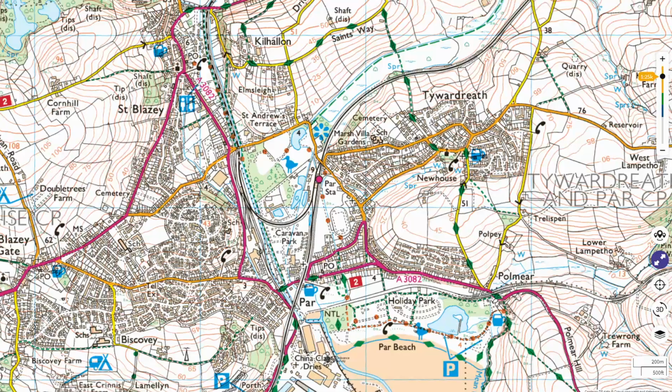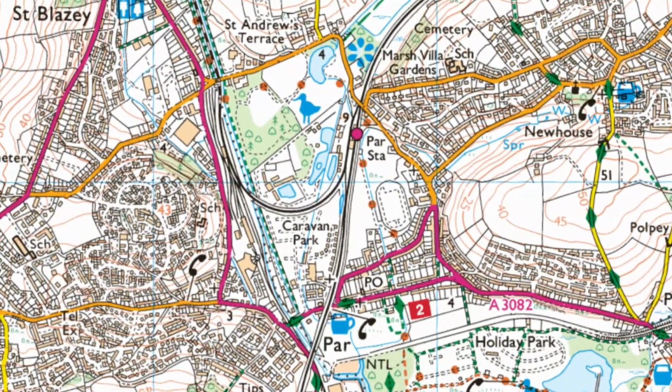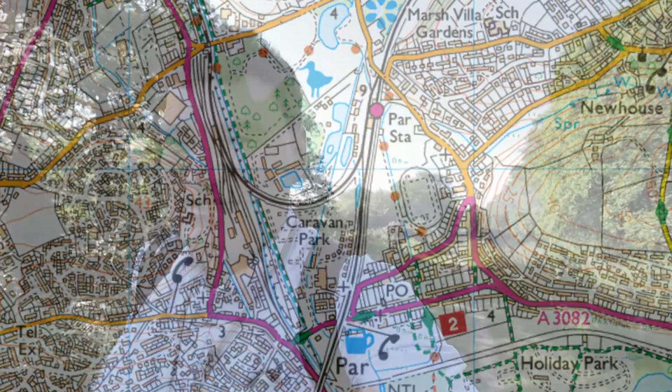I've not actually walked it before. I've seen the depot from the Newquay branch, but you only get a glimpse as you're flying through, heading up to Newquay. This is the closest I've ever been to that depot, so it's really, really interesting. It is quite an extensive yard. I'll just do a clip of the OS map so you can see the extent of St Blaise yard